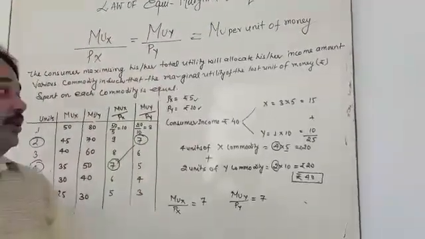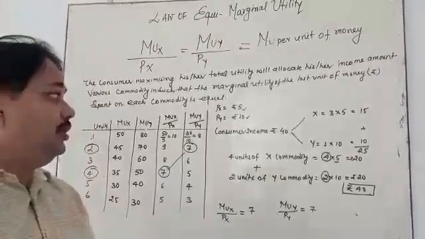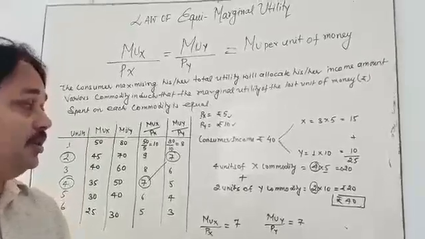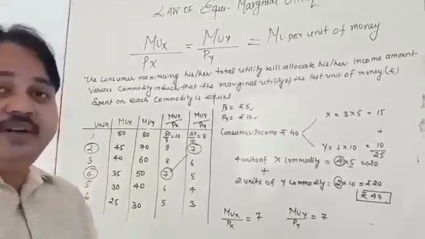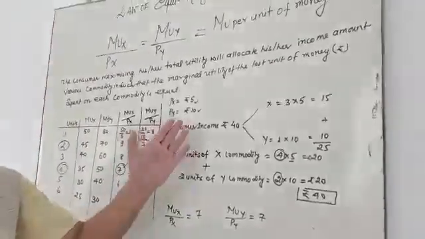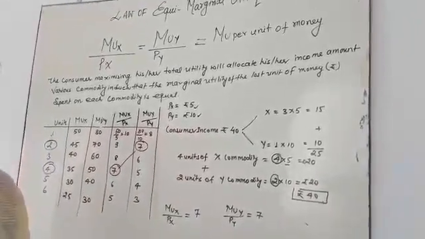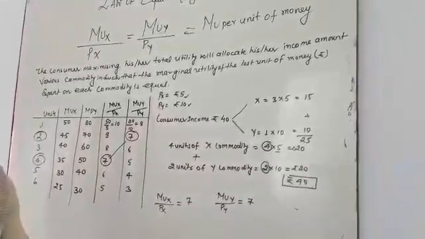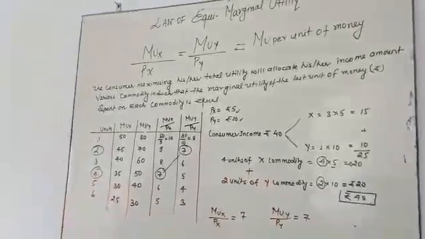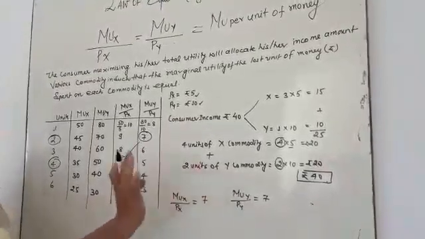So I conclude here, my dear student, the simple law is that a consumer has 40 rupees, and his 40 rupees is going to be spent on two commodities. The prices of the commodities are given as 5 rupees and 10 rupees. Here you find out what quantity of X commodity and what quantity of Y commodity is purchased. Simply we find 4 units of X commodity and 2 units of Y commodity. So the 40 rupees is spent easily and the consumer gets maximum satisfaction. So the law is that MUX upon PX is equal to MUY upon PY.